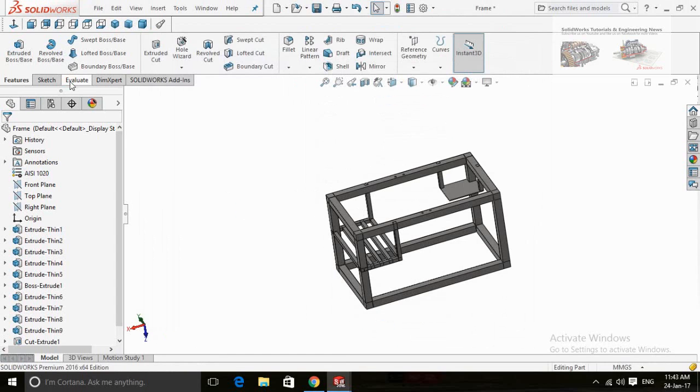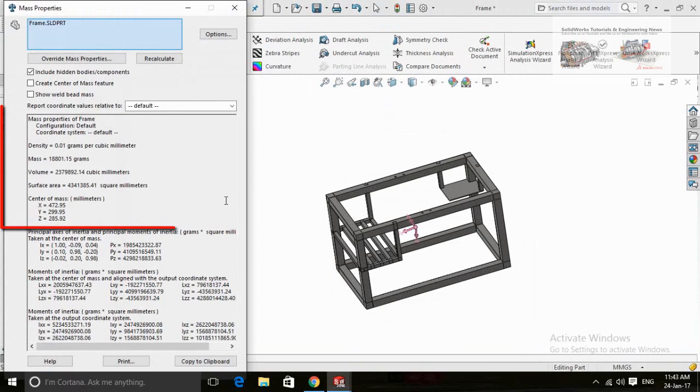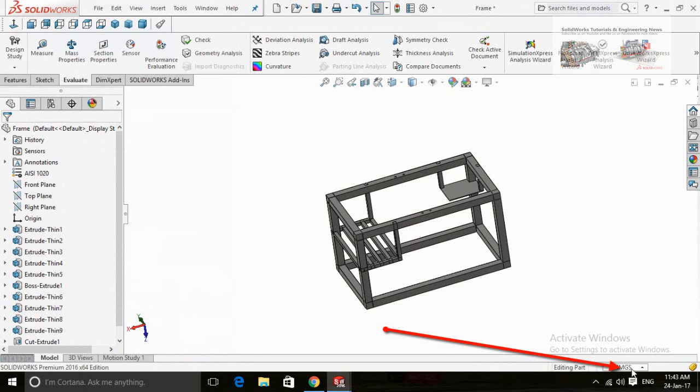Now go to the Evaluate tab and select Mass Properties. Here are the mass, volume and density of the component. Now the unit of mass is in grams. To convert this into kilograms, click here and select it.